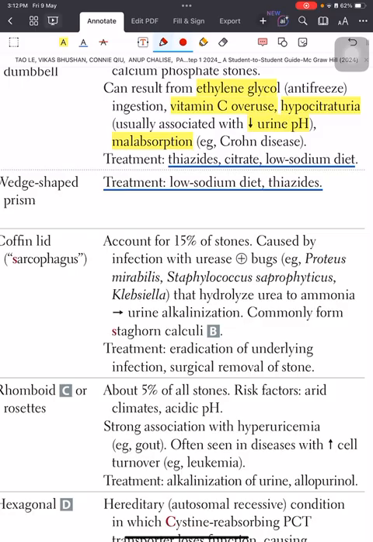This accounts for 15% of the stones. It's caused by infection with Proteus mirabilis, Staphylococcus saprophyticus, and Klebsiella. You really need to learn this, and I think we discussed it in class with Dr. Tahira as well. So, it's simple. The urea